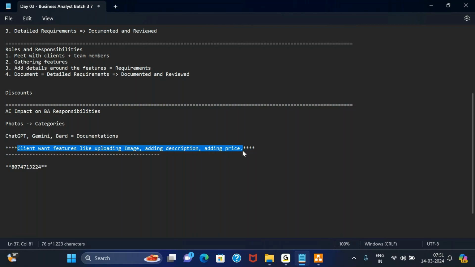I can give ChatGPT some basic inputs and get a good paragraph or statement back as output, which I can then use in my documents.